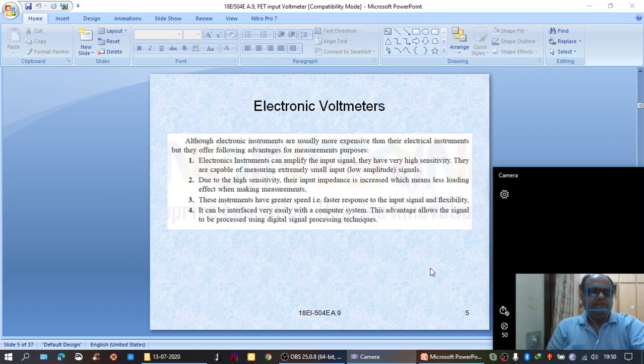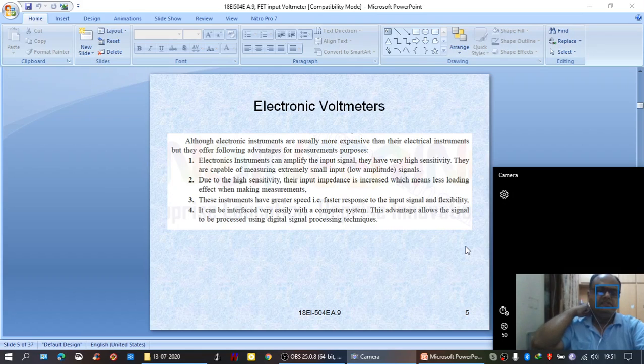If the temperature increases, high voltage will be measured by the electronic voltmeter, and when that is interfaced with a computer, it will read out the increase in temperature in terms of increase in voltage, and the controller circuit will be activated by using the computer system to reduce the fuel to the boiler, or to decrease the temperature in the boiler, and vice versa.